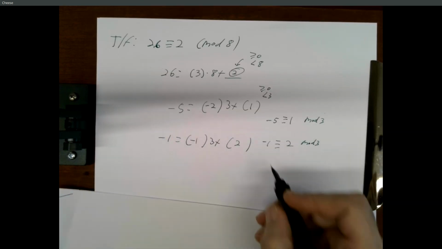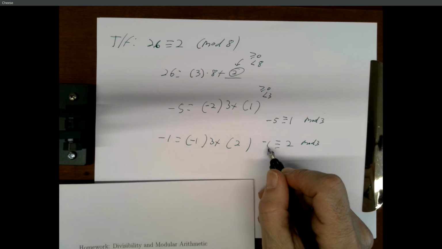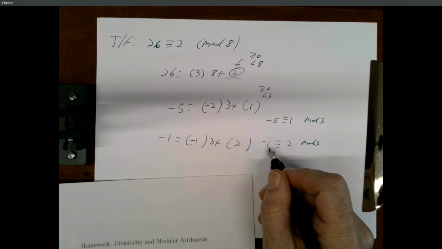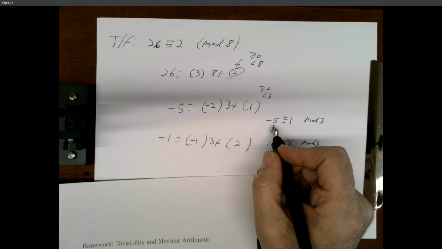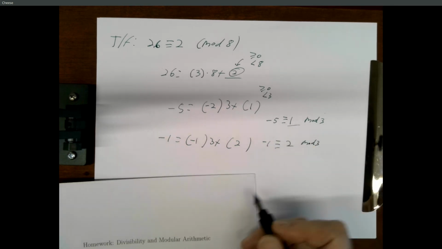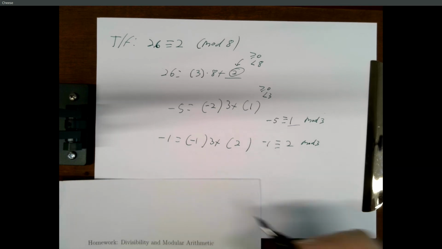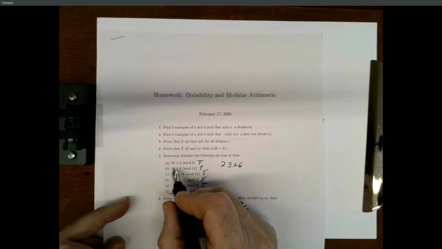The other way that I usually do if nobody's watching me is if I want to know what negative 1 is congruent to, I just keep adding 3 till I get to the number I want. Right? Negative 1 plus 3 is positive 2. Negative 5 plus 3 is negative 2, plus another 3 is positive 1. And there I'm done. And if you're starting with a number that's too large, just